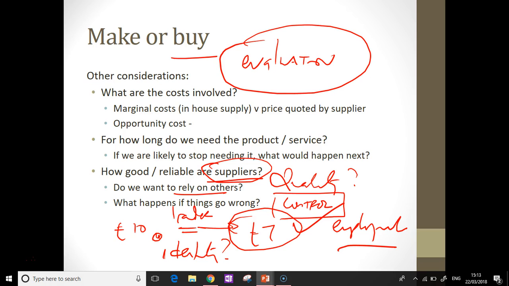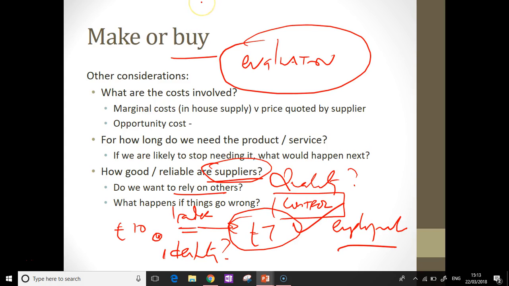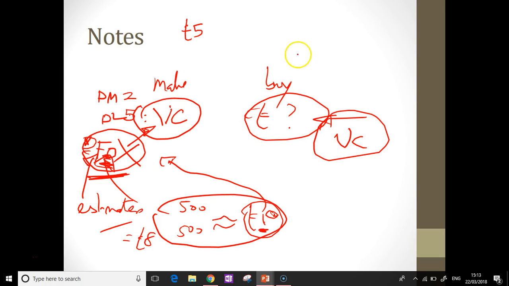The key point is that these are the things you need to think about. And if it was the other way around, if you're making a product in-house and it's costing you £5 to make it in-house and £7 to buy it from outside, yes, that's the variable cost, but then you have to think of the fixed costs as well, technically.